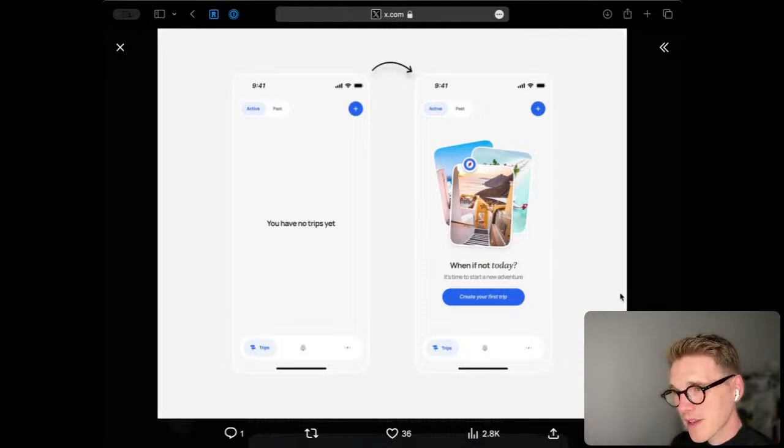So on the left-hand side, we have the complete empty state. Now, this is probably going to be a list of trips, active or past trips. And this is the standard thing. If you render this with code, you would go through a list and be like, oh, there's nothing in the list. So let's just add an empty label here that says that you have no trips yet. Simple, easy, totally works, but